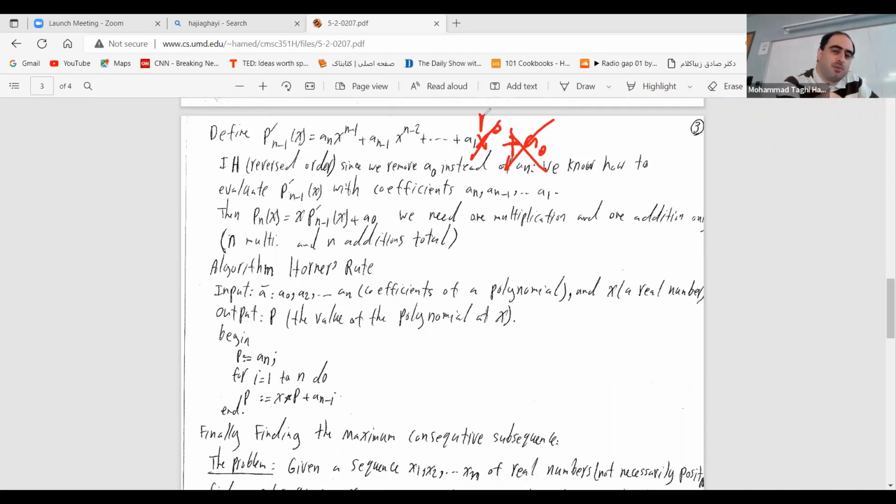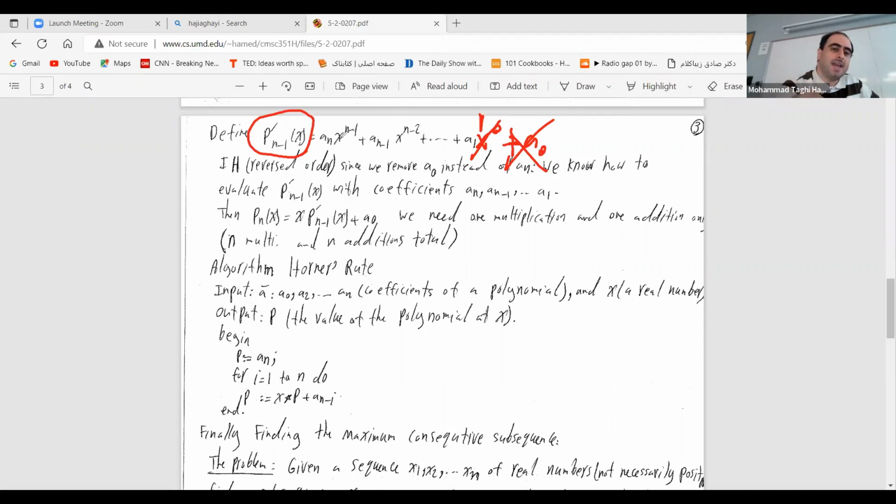Assume that we have this formula. Why do you multiply it by n? Let's say a sub n times n times x to the power n. Because when you take the derivative of x to the power n... No, I'm saying the intuition comes from that. It is not the derivative. It is P prime of. Yes, thanks for the clarification. The intuition comes from it, but it's nothing more.